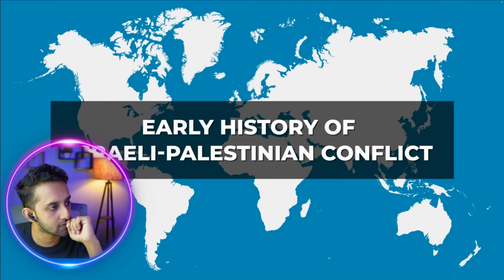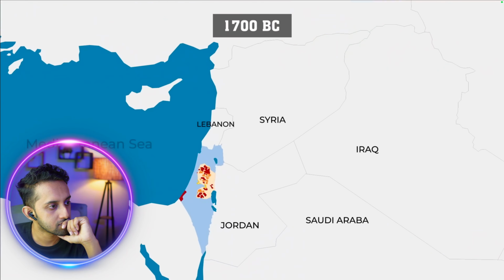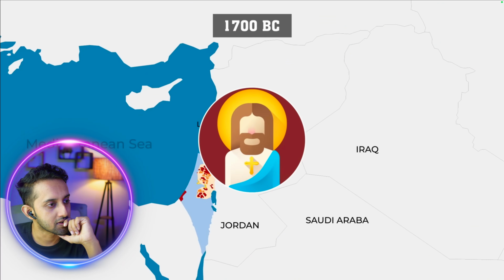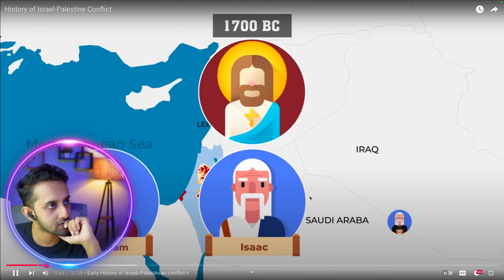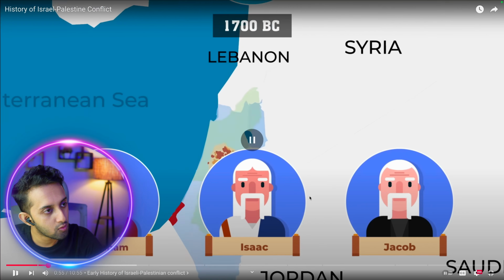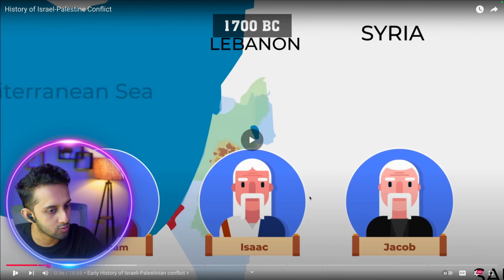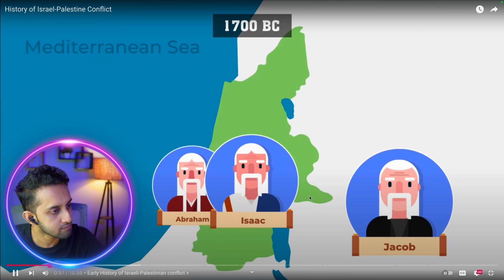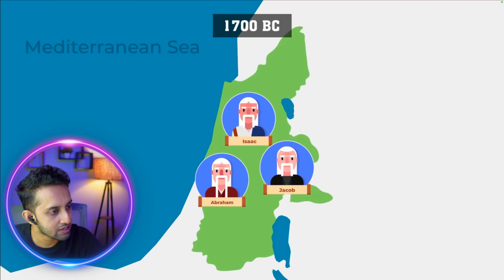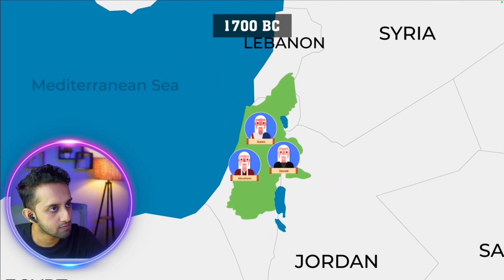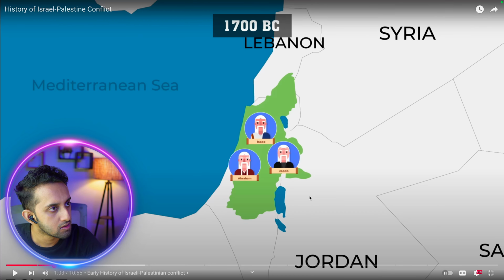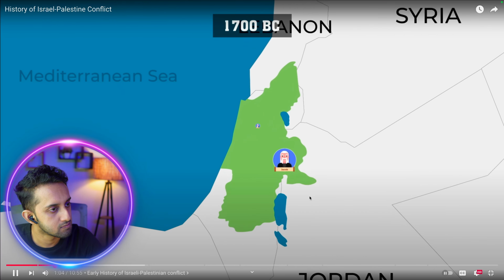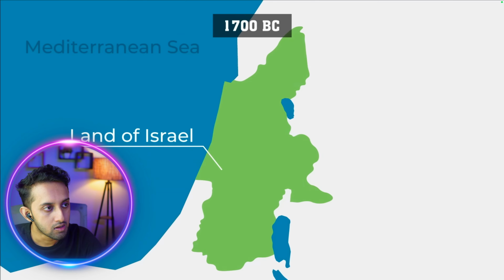Early history of the Israeli-Palestinian conflict. In the 17th century BC, following the call of God, three patriarchs of the Jewish people, Abraham, Isaac, and Jacob, settled in Canaan, a region approximating present-day Israel, the West Bank, and the Gaza Strip, and parts of Lebanon, Syria, and Jordan. The region later had the name the Land of Israel, the Promised Land,